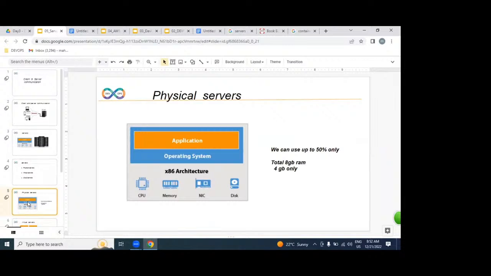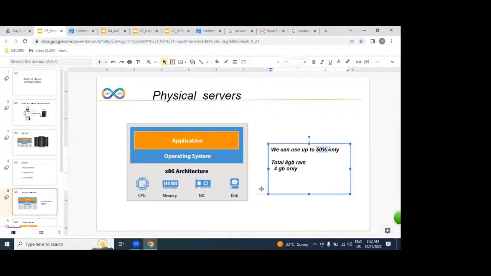So we are not discussing technicality here. The question is why physical, why virtual, why cloud. That is your clarification. The technicality in depth, what is physical, what is virtual, we will discuss later in regular classes. Why are we shifting into the cloud? That I want to clarify here for today. Understood very clearly. Okay. So in a physical environment, we can use only 50% of resources. Why 50?